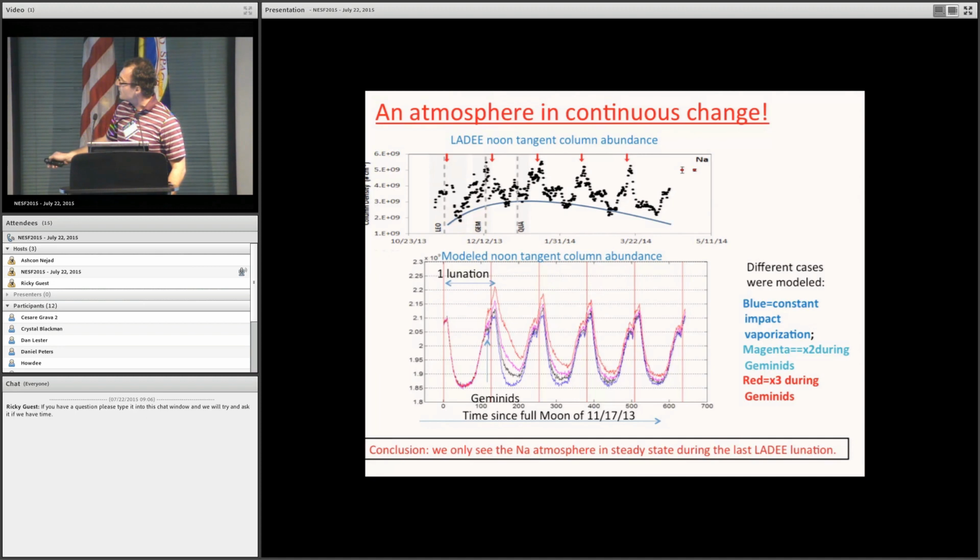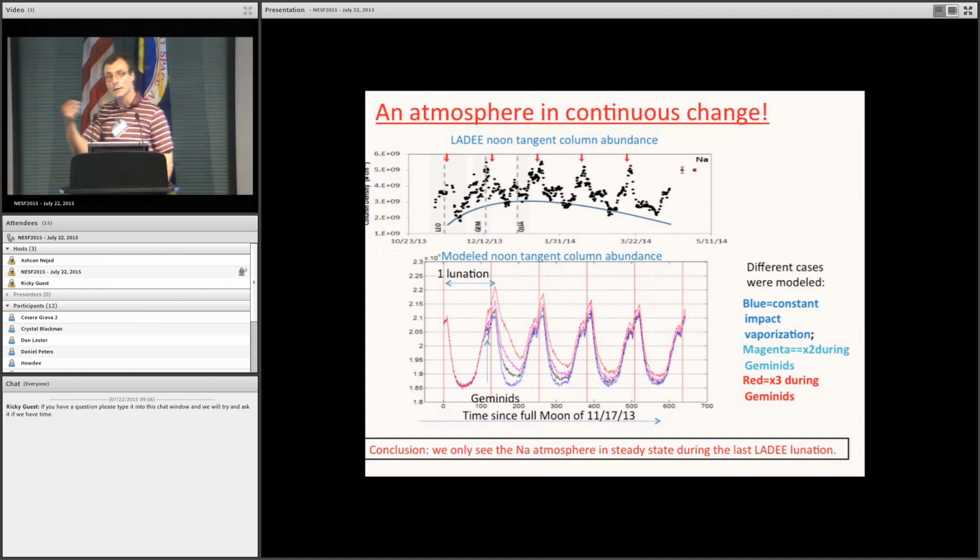So the red lines here are different lunations, full moons. The Geminids happen a few days before the moon enters the magnetosphere and reaches full moon. You see some initial prompt increase in the atmosphere, as you would expect, but mostly two weeks later, you would see that the minima near a new moon are just raised by this additional